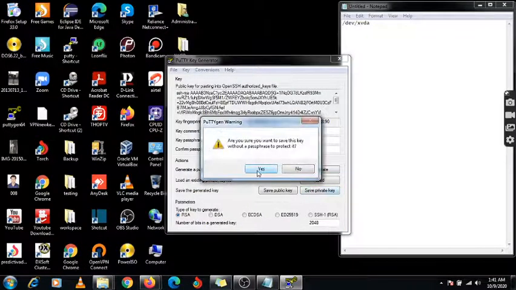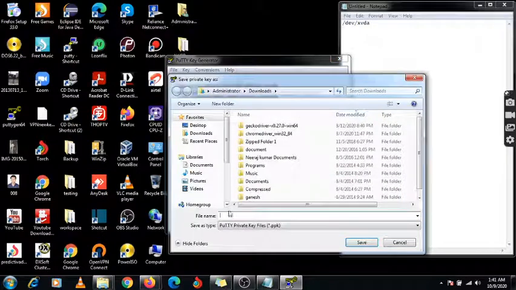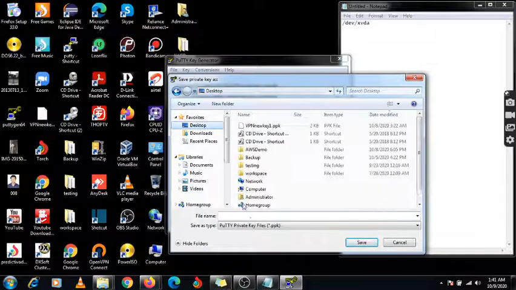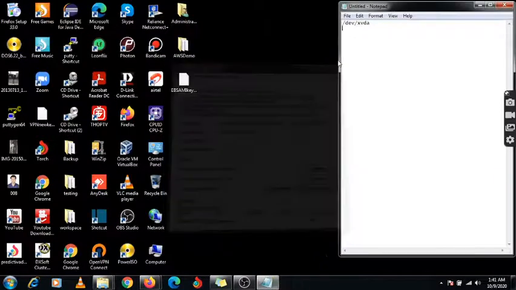Here you need to save it. Under desktop I am going to specify the name EBS AMI key 1, save it and just close it.